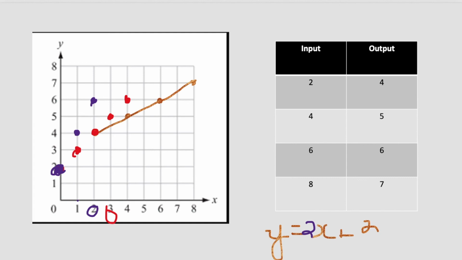Okay, if this didn't make sense to you, because this is a review of grade 7, you need to come to